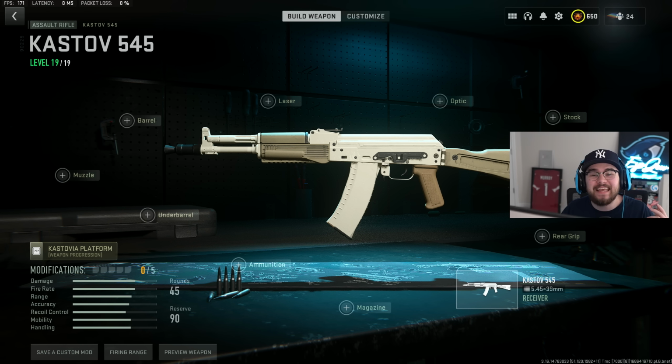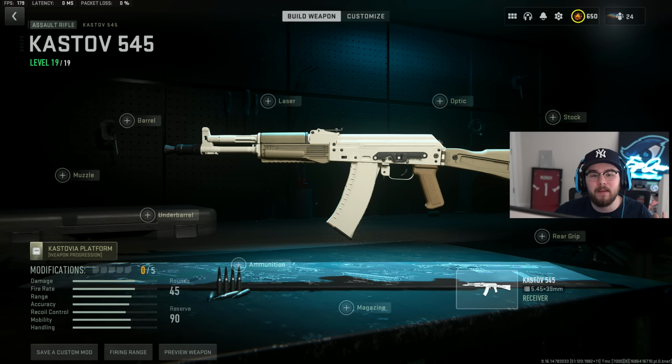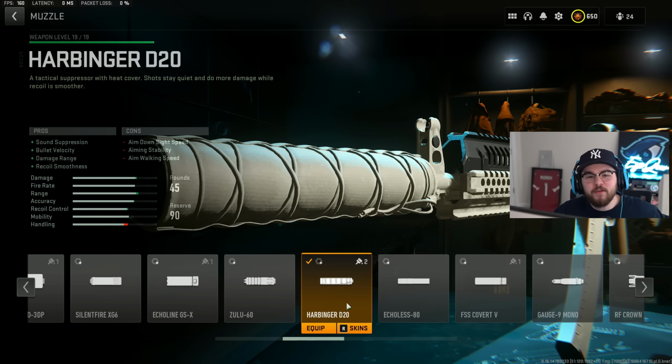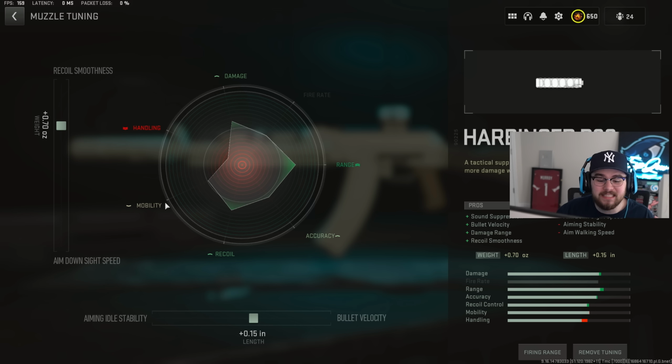Loading number 4 is the Cast-Off 545 assault rifle, which is actually a gun I recently did a full video showcasing. It's super underrated, and it's one of the best guns in the entire game. So of course, let me get you guys the attachments for this one. For the first attachment, I'm running the Harbinger D20 suppressor again, giving you that sound suppression, bolt velocity, damage range, and recoil smoothness. For the tuning on the suppressor, I did plus 0.70 for recoil smoothness and plus 0.15 for